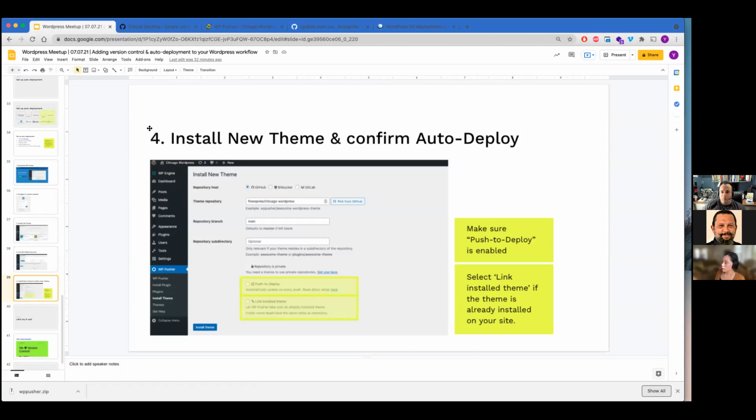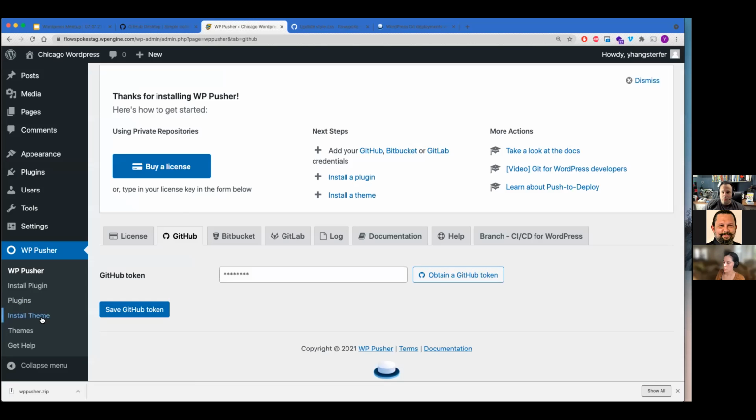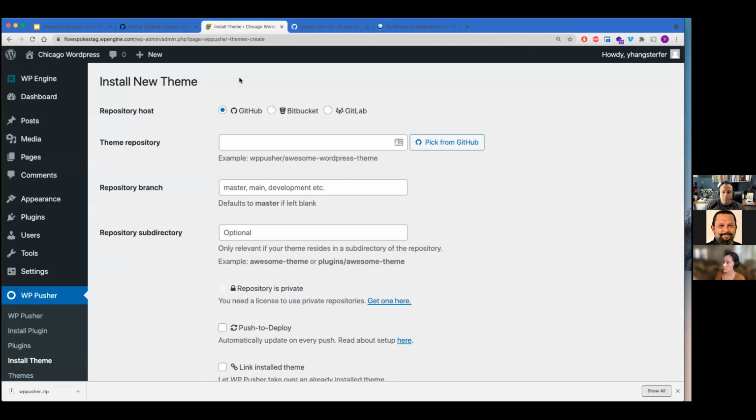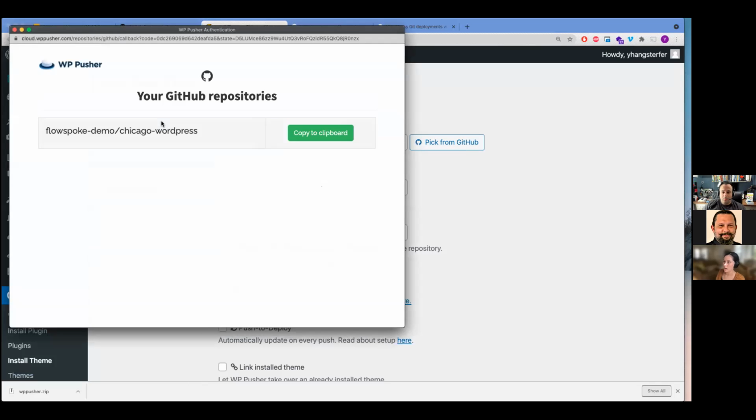And then we'll head over to install new theme and confirm auto deploy. So we're going to say install theme in WP Pusher. We've got GitHub theme repository. You can pick from GitHub. I've got Flowspoke demo, Chicago WordPress,